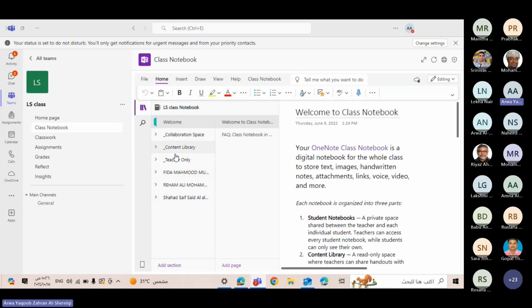From here, you can see the three sections, which are the collaboration space, the library, and the teacher section. And these are my students. I have ones called Fida, Riham, and Shahad. So if I click here on collaboration space,